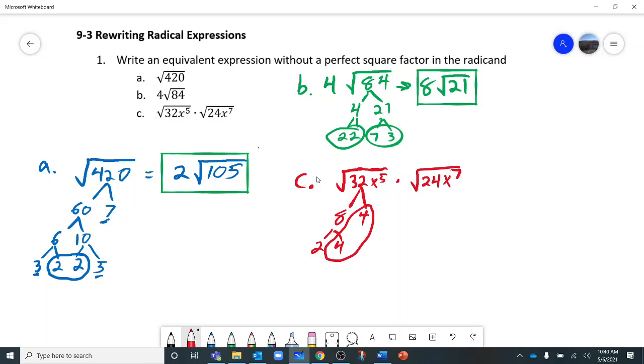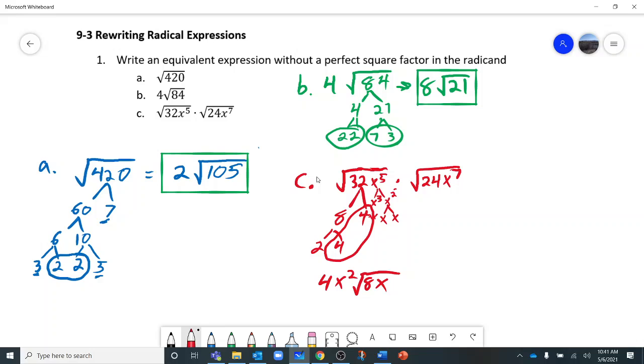Okay, so I have a pair of 4s common to that one. This is x squared times x cubed. And the x squared is x times x, so I can get an x out of that. X cubed is x squared times x, so I can get another pair out of that. So I'm going to get x squared out of that and leave an x. And so what I end up with is 4x squared times the square root of